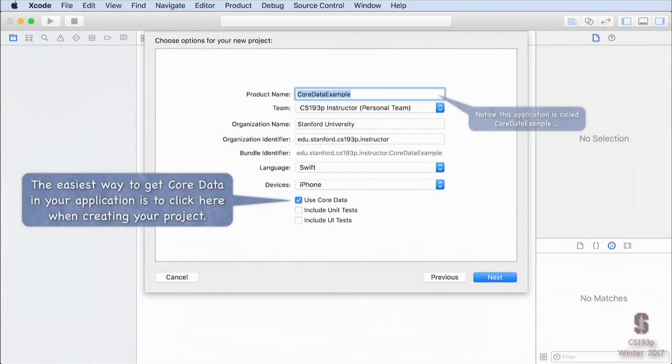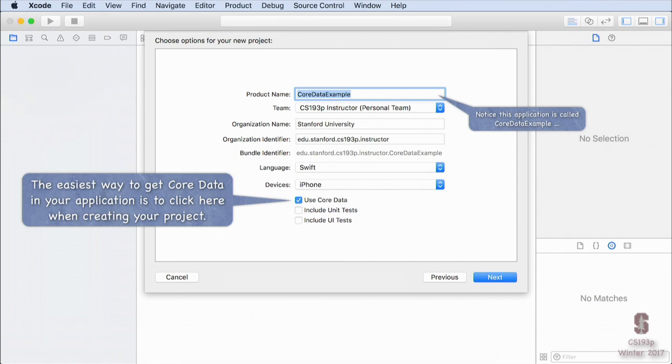Okay, how many people know what the word schema means? Okay, so two-thirds of you. So schema is basically the description of what's in your database, not the contents of it, but what all its data types are and how they relate to each other, et cetera. So we're going to do all that graphically. And this is what it looks like.